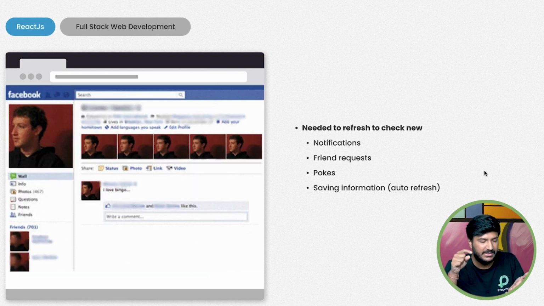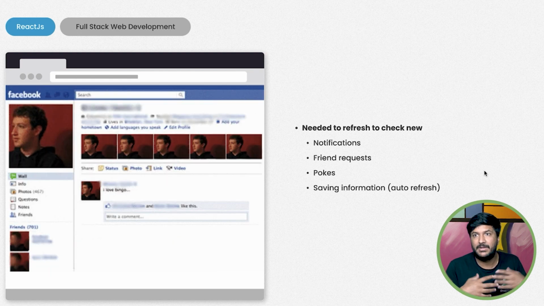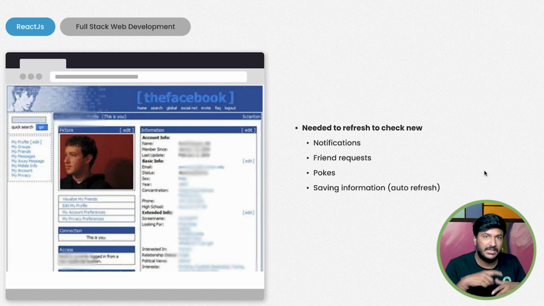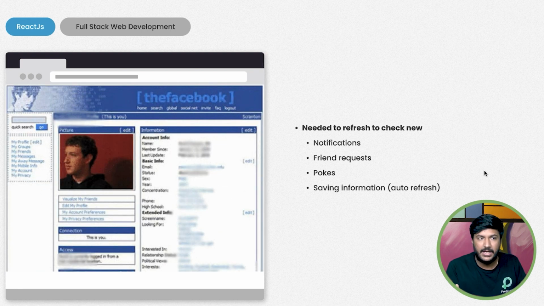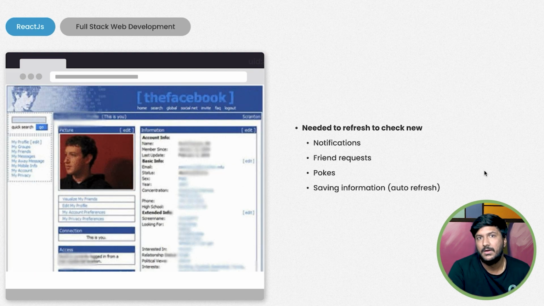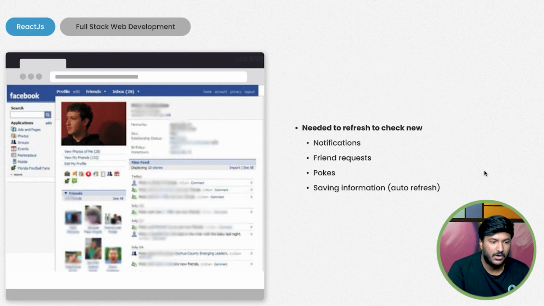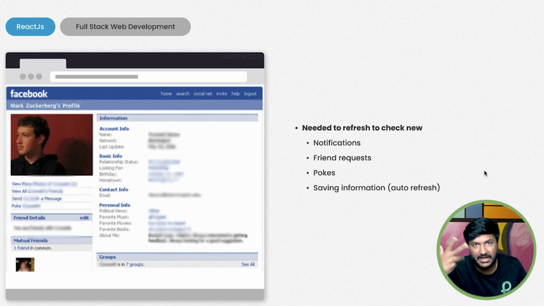Every time you clicked a button to save information, like updating your profile, for example your marital status, the page had to be refreshed again. So this is stupid, right? These dynamic things are simplified with the help of React. Now the new notification just appears whenever you're using the app.